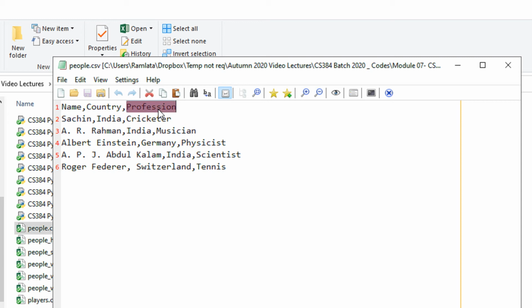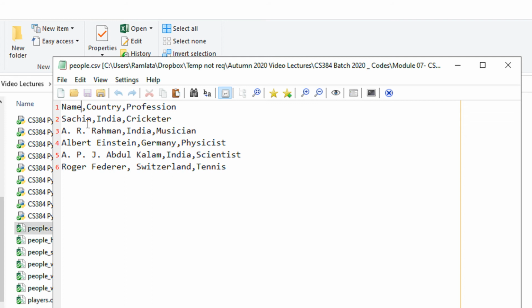You can have any number of fields and any number of rows, but each and every column is comma separated. I have the name, then a comma, then country, a comma, then profession. So there are two commas in this file, which implies that this file will have three columns. The first column is name, the second is country, and the third is profession.